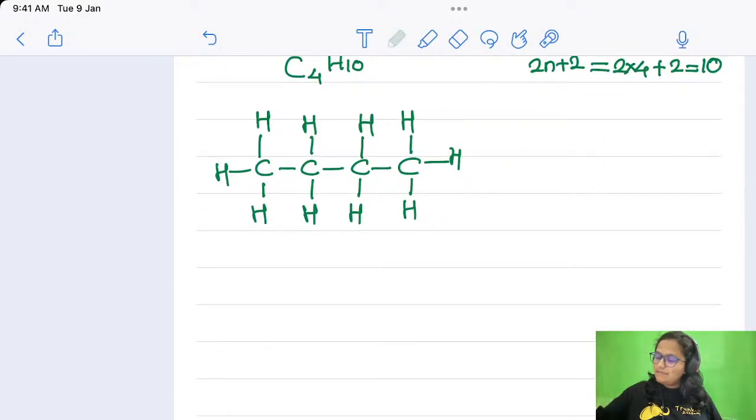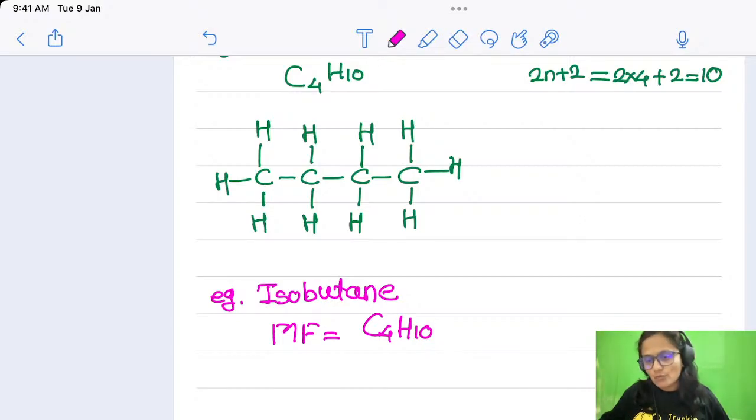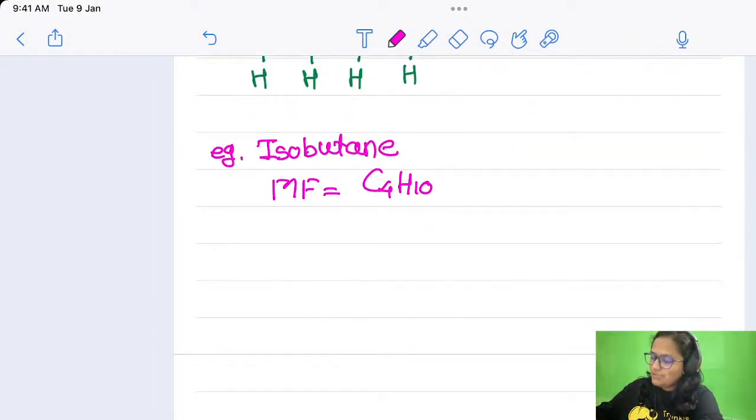Another example we will see is isobutane. For isobutane also the molecular formula is the same, just like butane. But the iso word stands for there being a branching. What type of branching is present? Always remember, whenever there is the prefix iso,